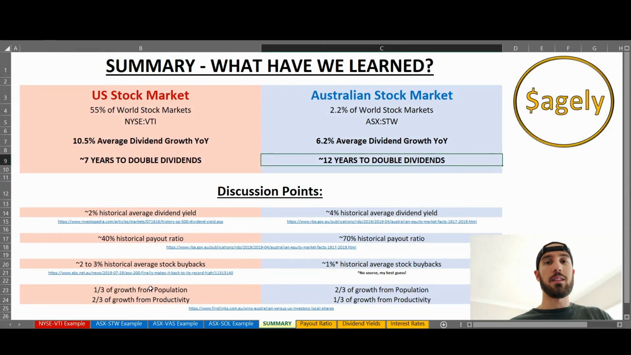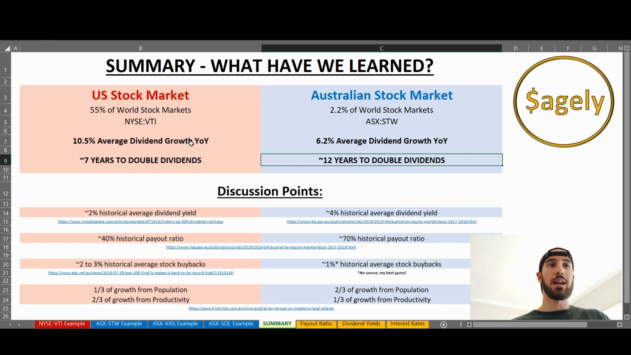moving on to the most interesting thing that I discovered, that 1/3 of growth from the US historically has come from population growth, whereas in Australia, population growth has contributed 2/3 of growth in the stock market. The US has much higher productivity than Australia, and this fact, for one reason or another, could be due to government red tape, could be due to tech stocks taking off over the last decade, I don't know, has resulted in better performance in the US markets, especially since the global